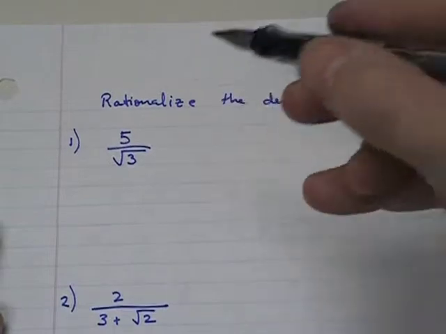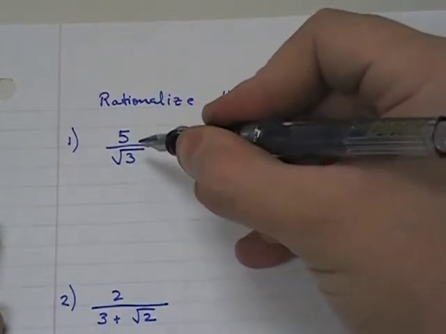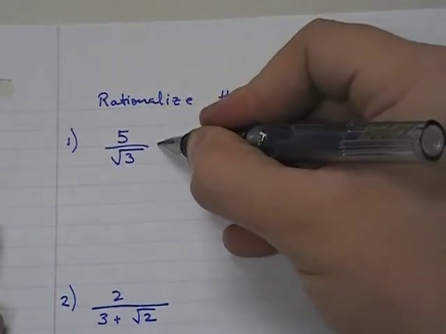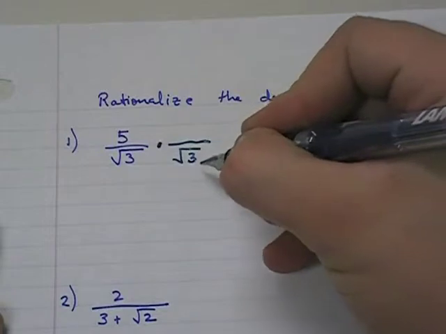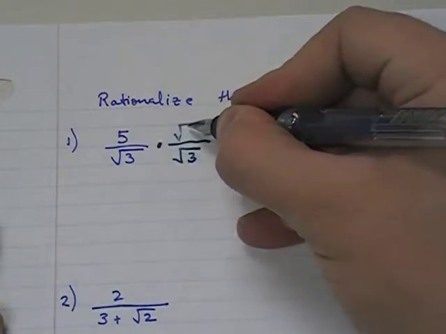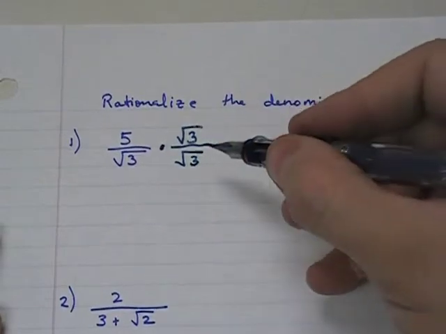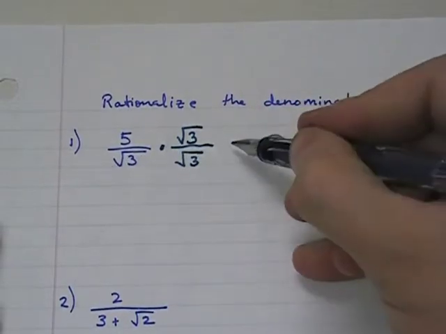Well, the easiest way to get rid of a radical is to multiply it by itself if it's a square root. And so if I multiply the square root of 3 times the square root of 3, whenever you multiply the bottom of a fraction by something, you have to multiply the top of a fraction by something so that you don't change the problem. What is the square root of 3 times the square root of 3? Well,